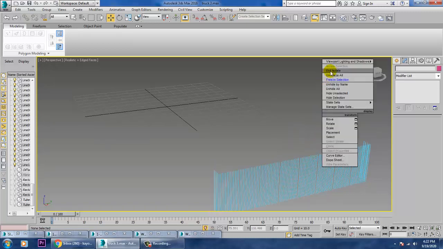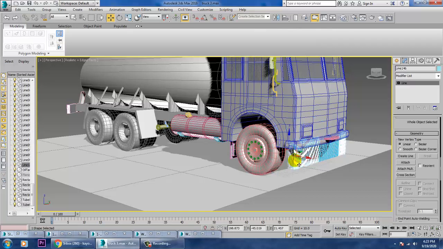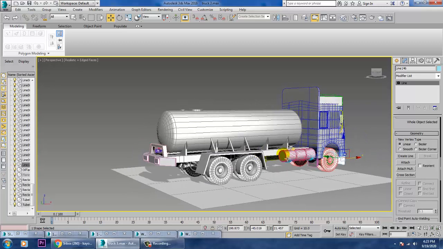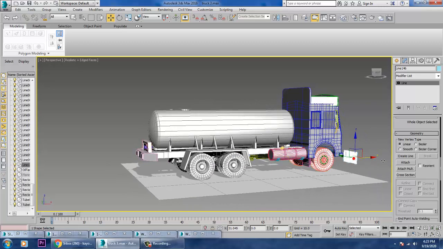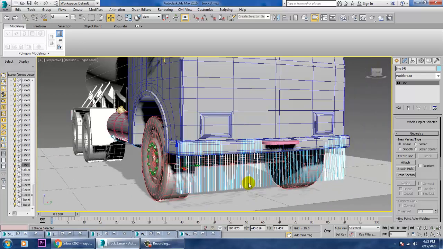And isolate this. So let's see what it has attached to it. Okay, that's great. Still we need to attach this part.